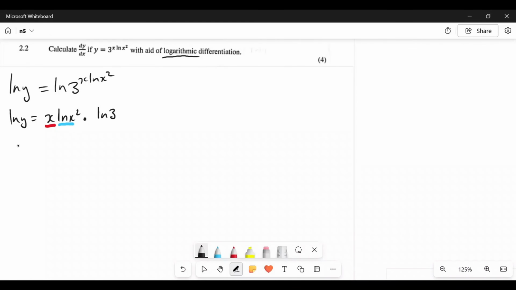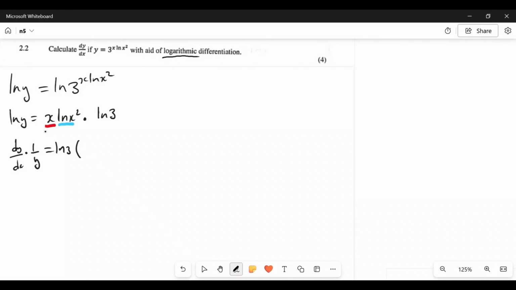When you differentiate any function that has y, it's implicit. So let's do it. It's going to be dy over dx, remember, multiplied by 1 over y. The derivative of ln y is 1 over y. But let's not forget, we are deriving with respect to y, so we have to multiply by dy over dx, then equaling to ln 3, which is a coefficient. You can write it on the side there,